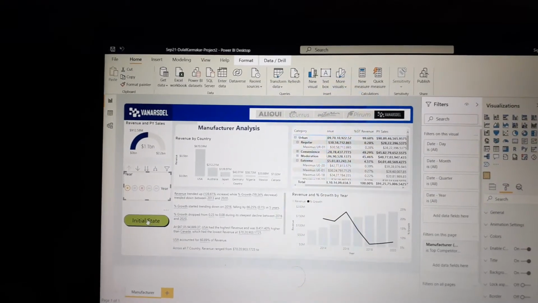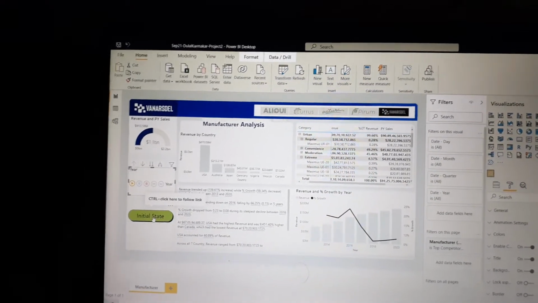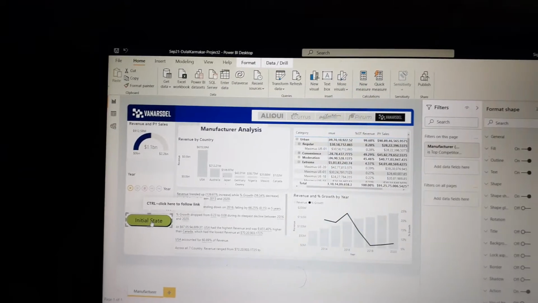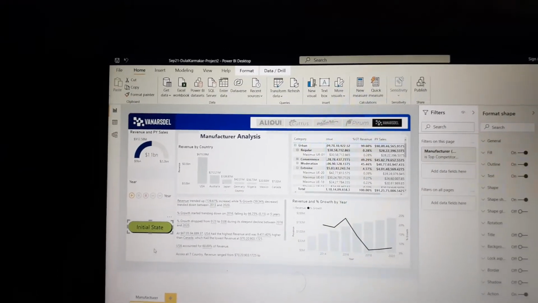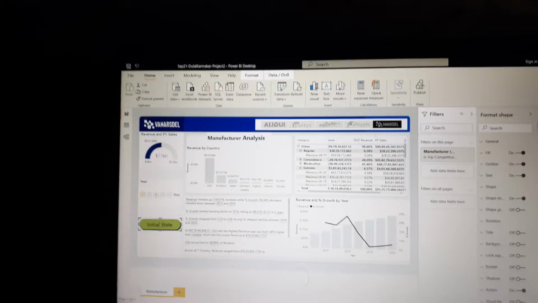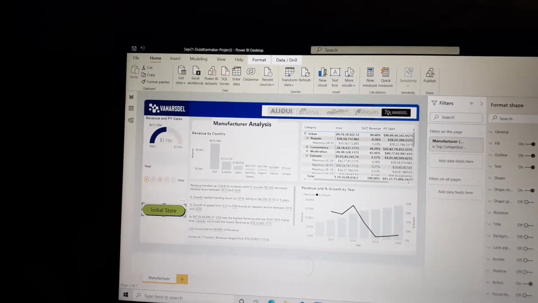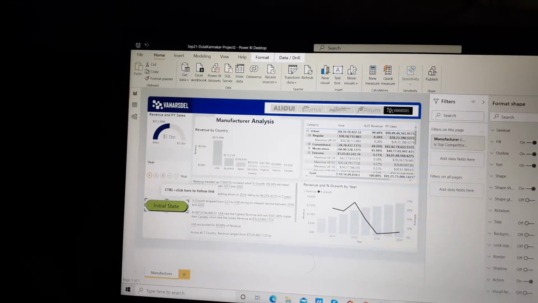If I want to come back to the initial state, then we have to click on the initial state, and it will come back. Yeah, so this is one part, right?